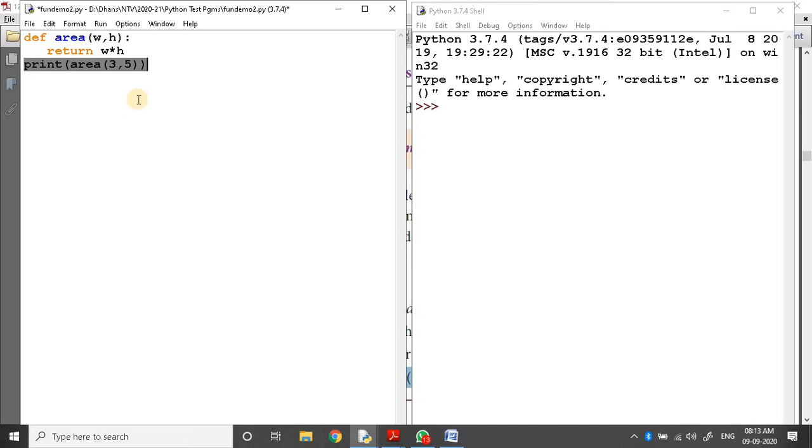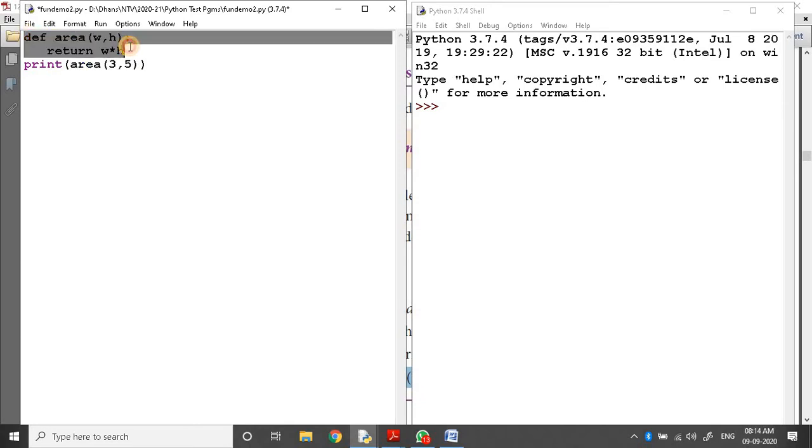When program execution commences, it will execute from the main statement. Straight away it will execute print area of. So this call statement calls this function definition. While calling this function, the first argument will be passed to the first parameter, the second argument to the second parameter.